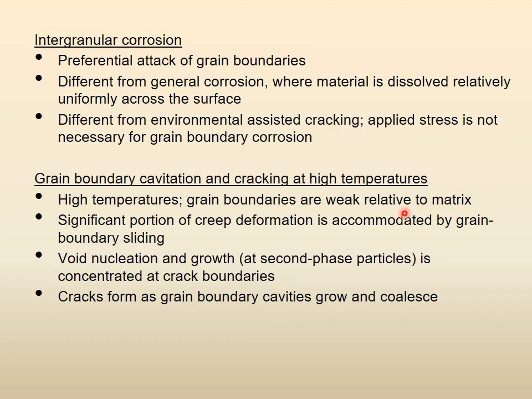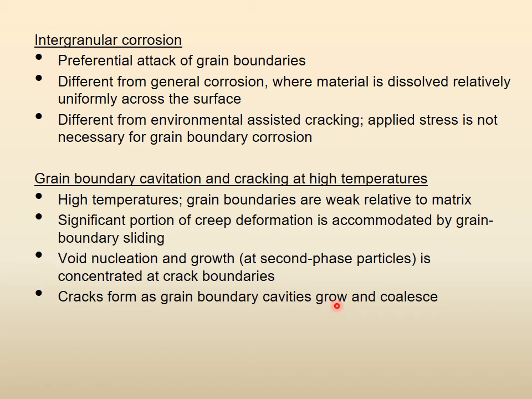We have done in earlier material science that the grains are the main material. Grain boundaries are the boundaries between the grains. So they are sort of spaces, and any crack, any space is a weak position. When you were in the chapter on microscopic level defects, then grain boundaries and dislocations and so on. So grain boundaries are weaker, right? Now, void nucleation and growth, formation of voids and then growth of voids at second phase particles is therefore concentrated at the grain boundaries, and cracks form as grain boundary cavities grow and coalesce.